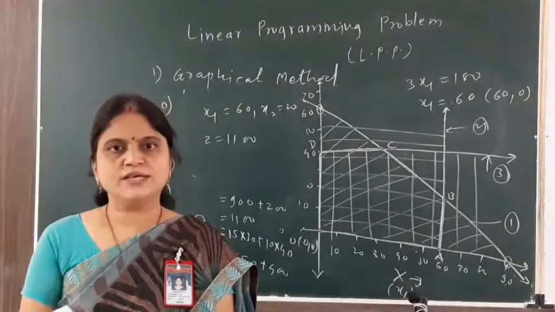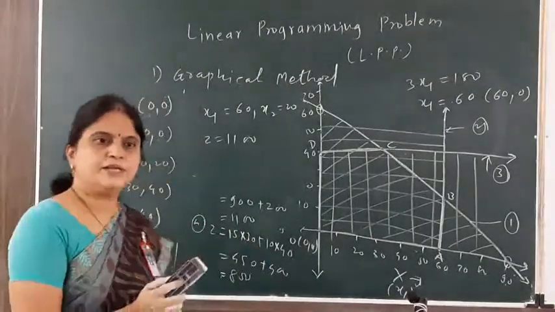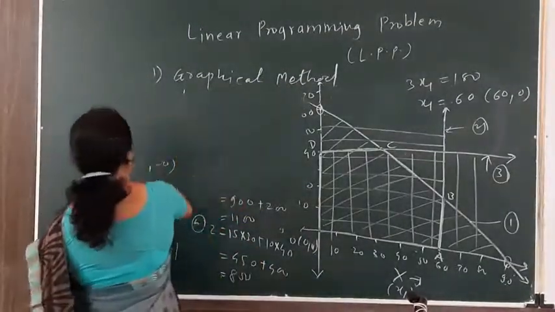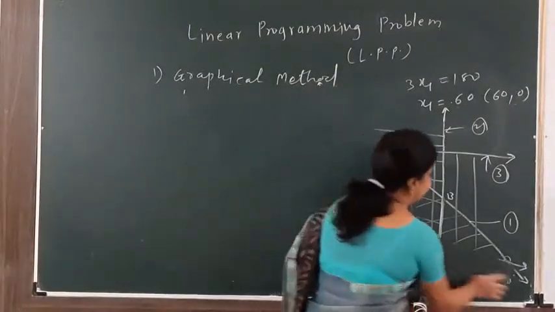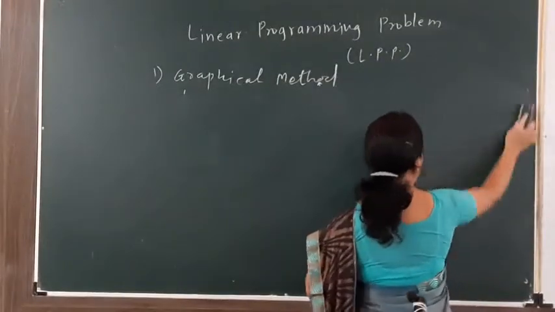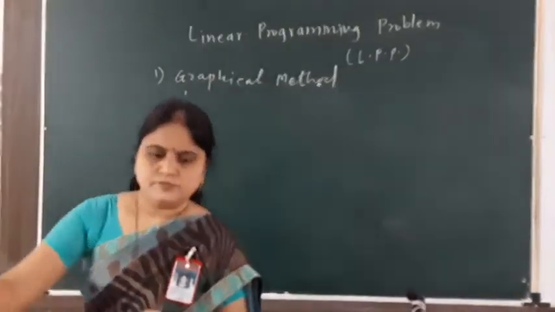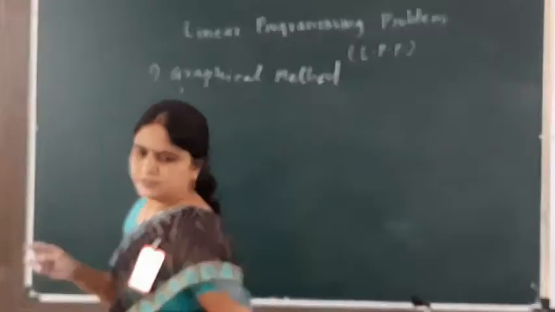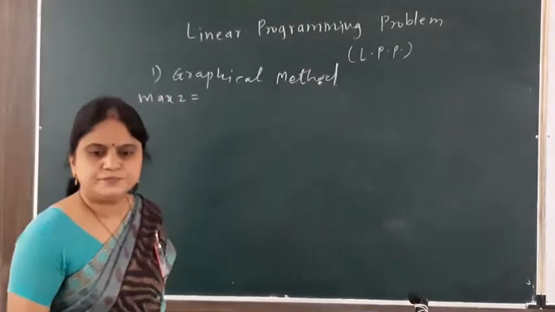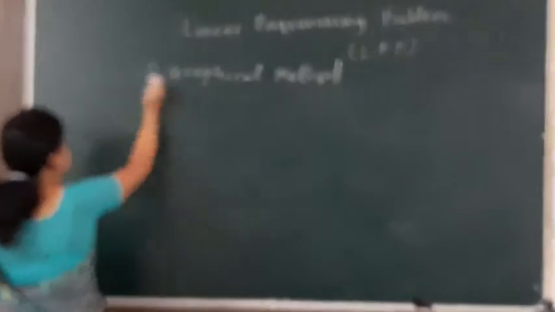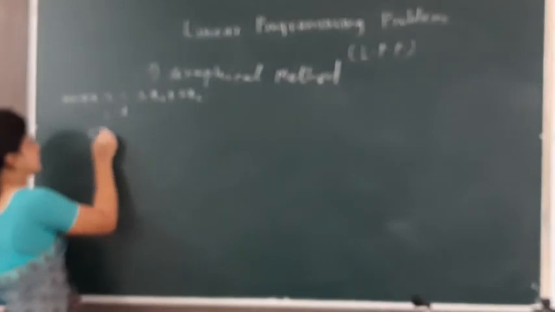Now let me have one more example so that I can finish my graphical method. My example is: maximize z is equal to 3x1 plus 2x2, subject to constraint 5x1 plus x2